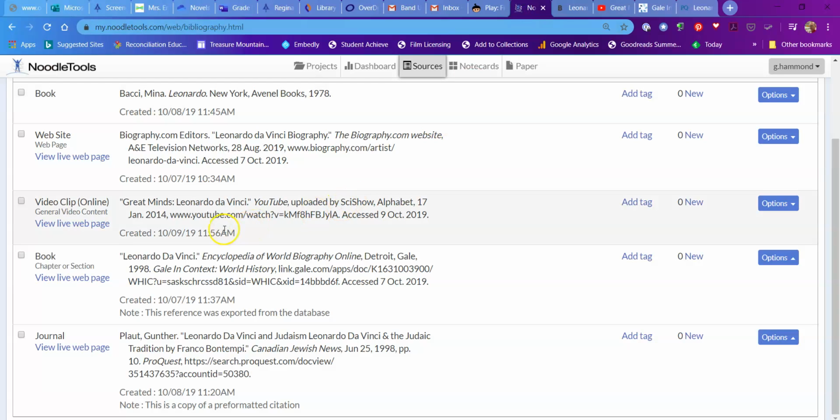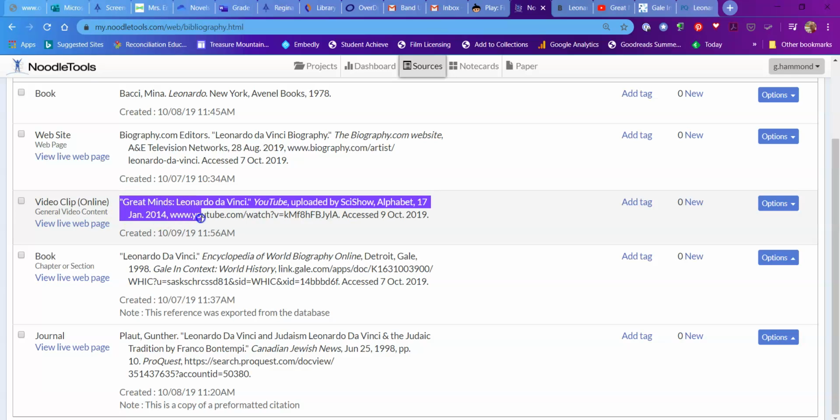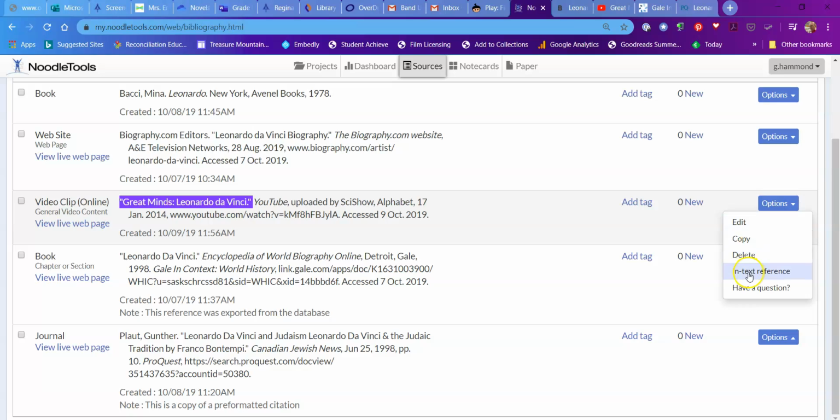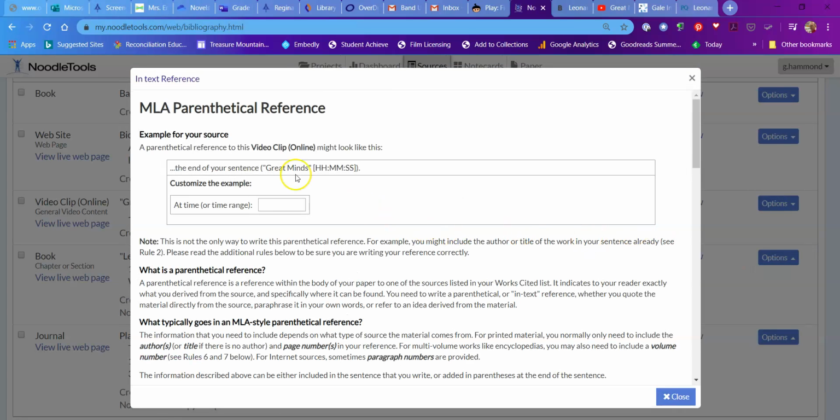So in NoodleTools, if I want to put that as an in-text citation, again, I'm going to use whatever is the first thing on the line. Well, in this case, the first thing on the line is the title of the video, and that's what I'm going to use for my in-text citation. Again, if I want to verify that, under Options, here's the in-text reference tool, and you can see here that